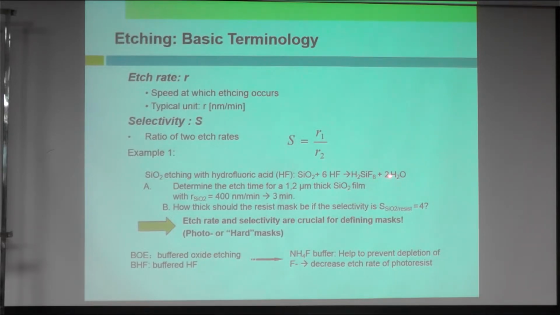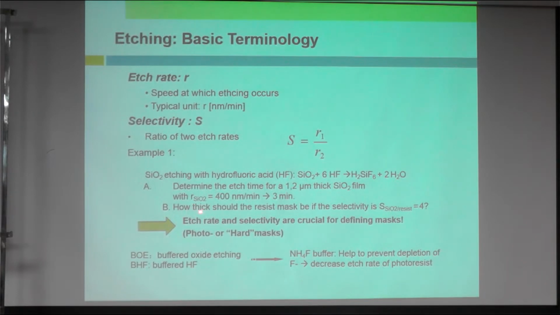Okay, so you know that hydrofluoric acid will etch the silicon dioxide. So determine the etch time for a 1 to 2 micrometer thick silicon dioxide film, with etch rate equal to 400 nanometer per minute. So you can do within 3 minutes, basically 400 nano, 1.2